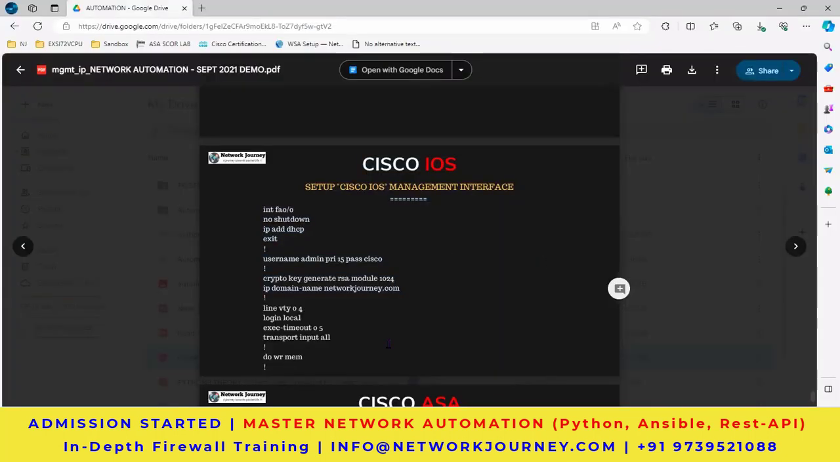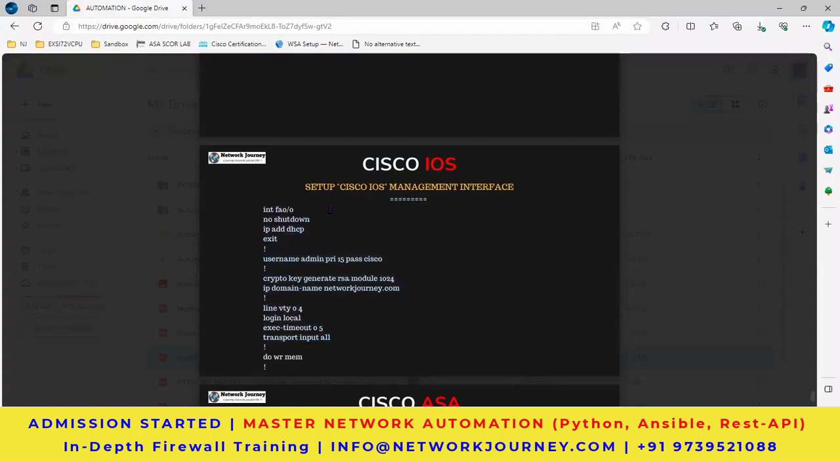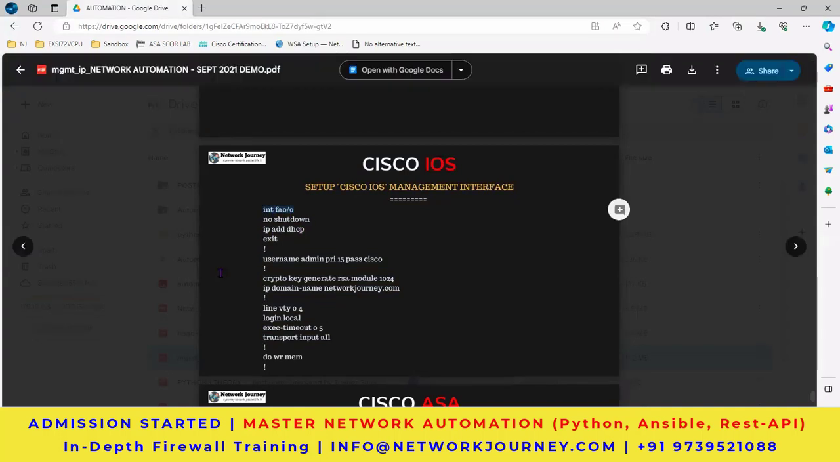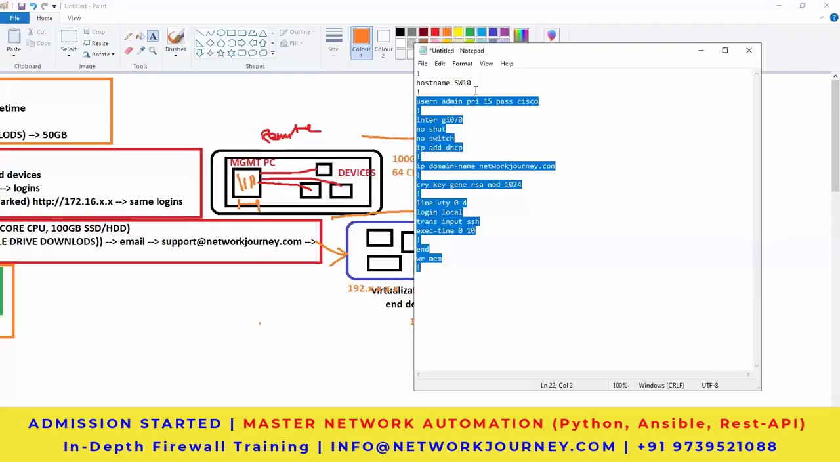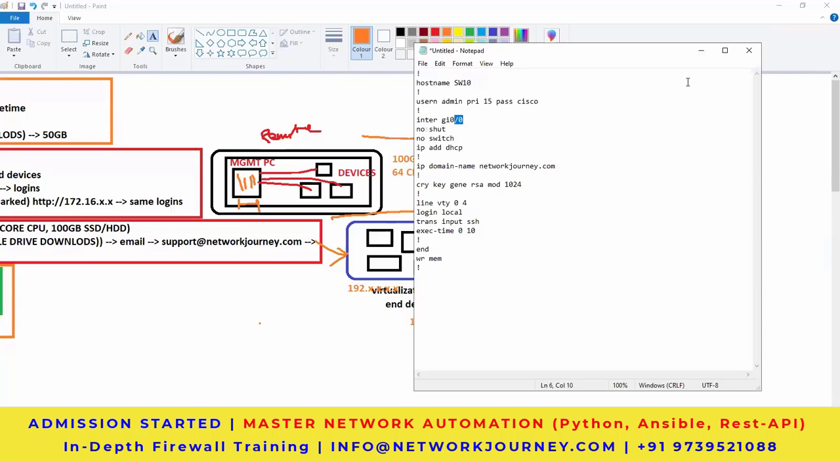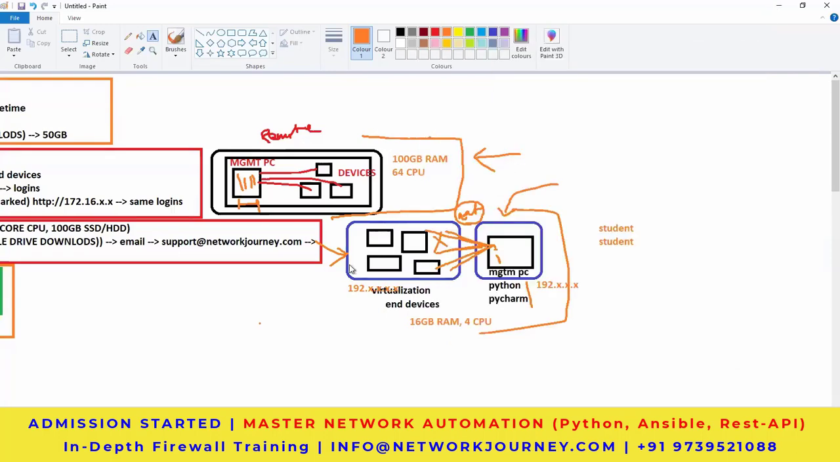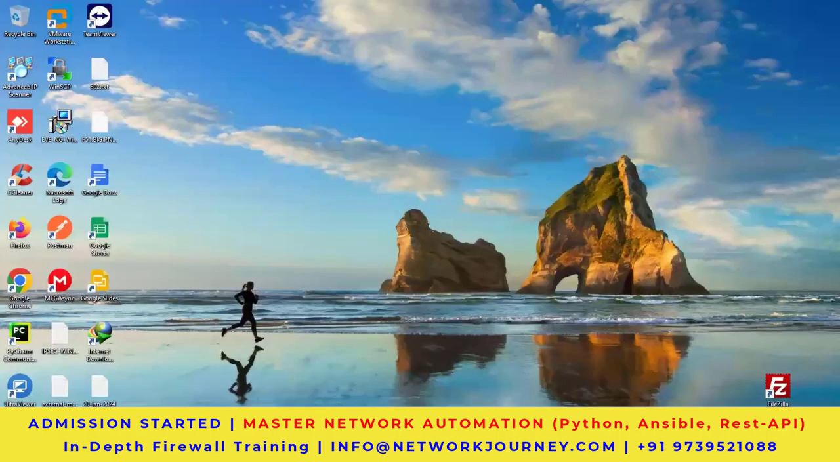Okay, so this you're supposed to do. Now interface can change. At the time I prepared the document, we were having Fast Ethernet. Nowadays, it is Gigabit Ethernet. So you have to make use of the gig interface like I did here. So don't go with the Fast Ethernet. Make use of Gig Ethernet and